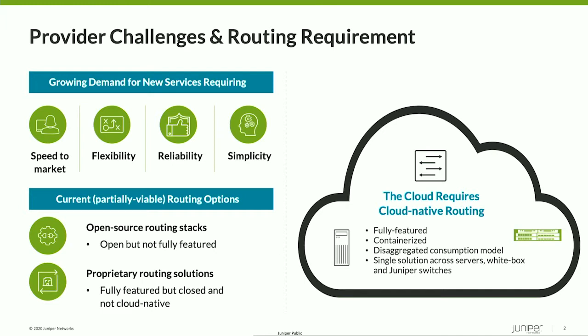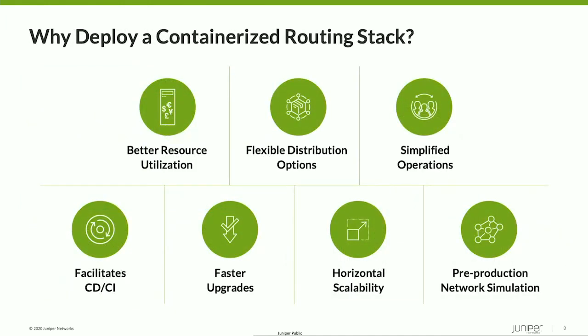But why the emphasis on containerized routing stack? Let's drill into it. By virtue of being containerized, the application is lightweight, has small memory footprint, offers better resource utilization. There are multiple container runtime options such as Docker, Mesos, etc. Orchestration is simplified, taking advantage of load balancing, auto-scaling from Kubernetes, for example. The application itself is a lot of the times based on microservices architecture and can be upgraded in seconds as